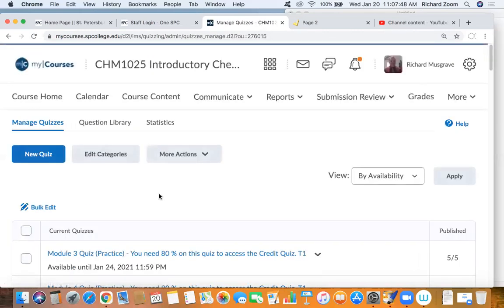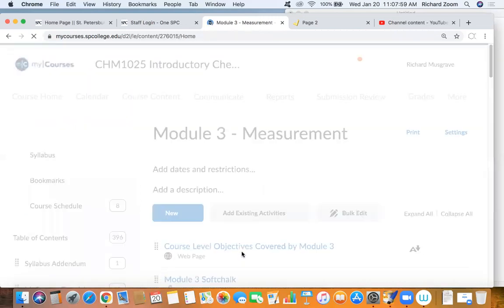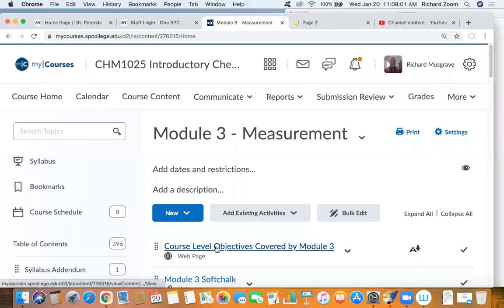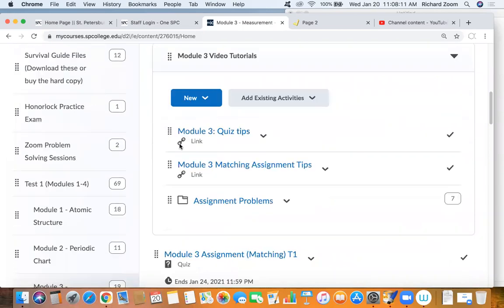So that's the practice quiz. Again, you have to get 80% on that. The credit quiz opens, and then you get 2 attempts at the credit quiz. Does anybody have any questions so far about what they'll be doing? Okay. There will also be the